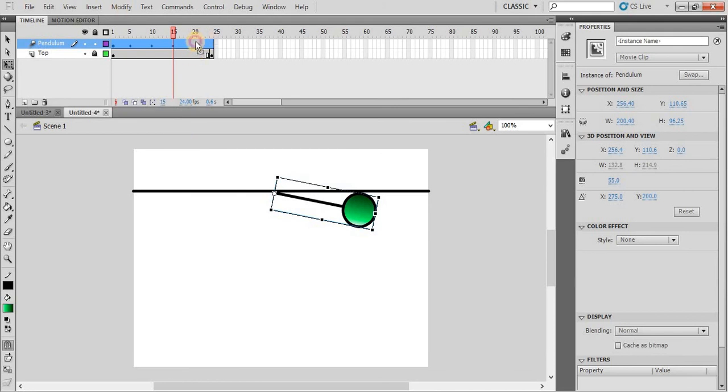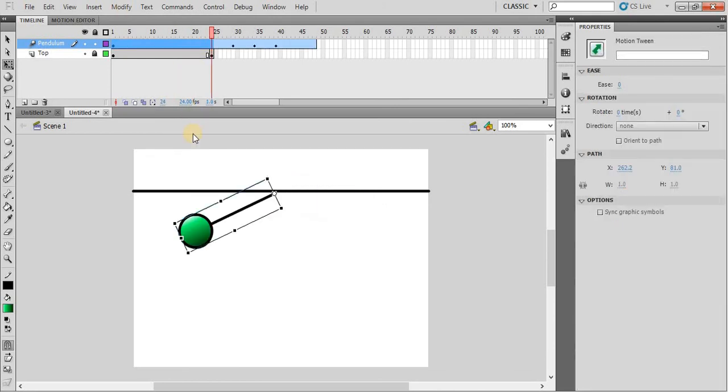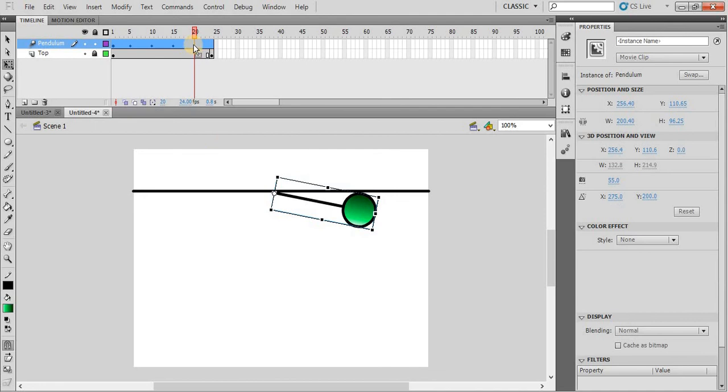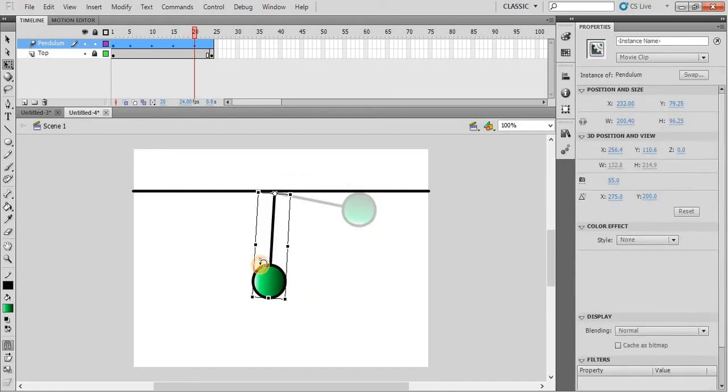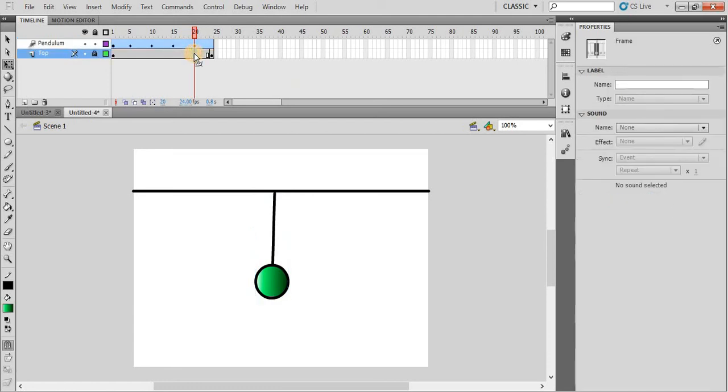And then at frame number 20, press F6, and then it should return to the original position. Press F6 also here.